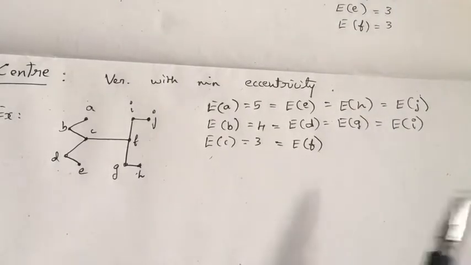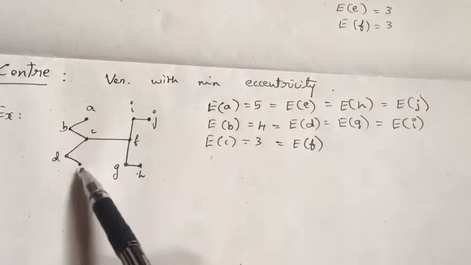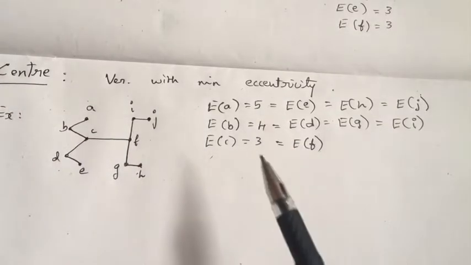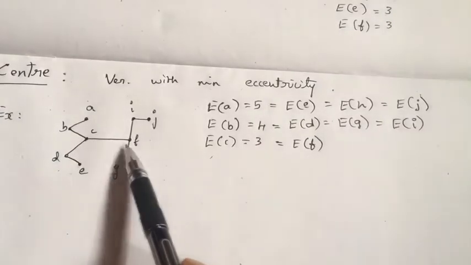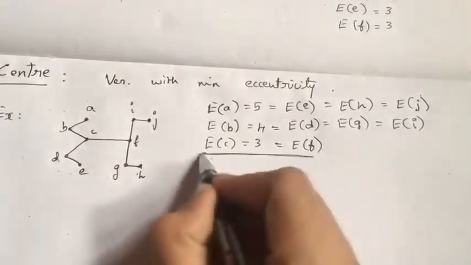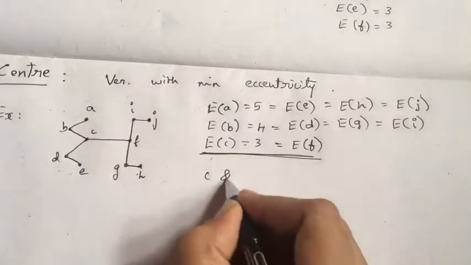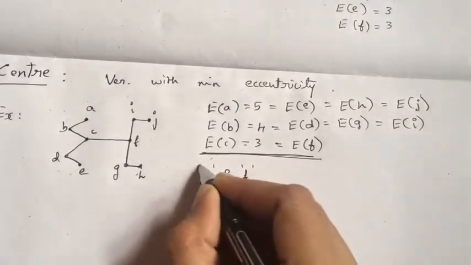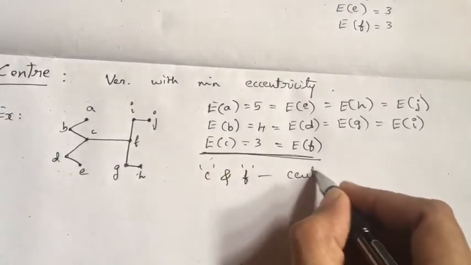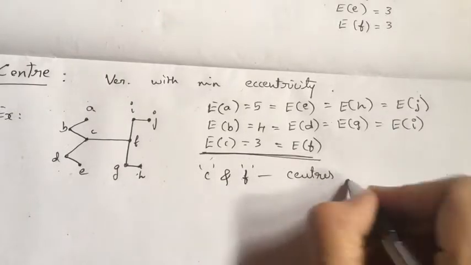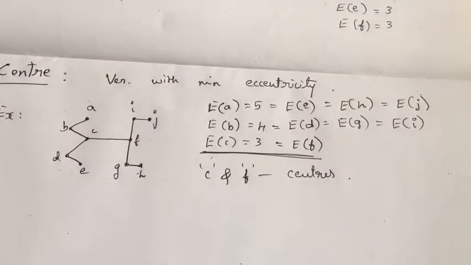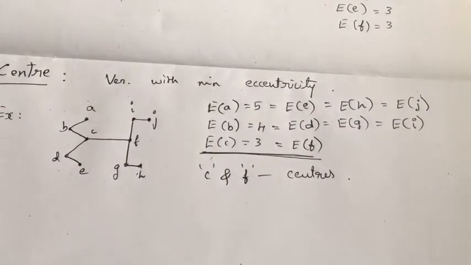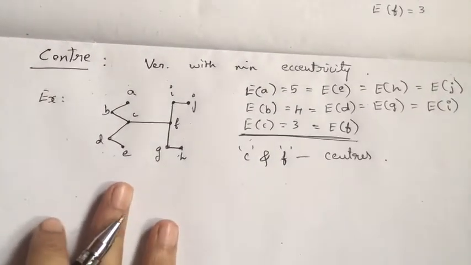So A, E, H and J have got maximum eccentricity. Minimum eccentricity is C and F. Therefore, you can observe C and F are the centers of this graph. It is not necessary that you should get a single vertex as a center. And one more term, that is radius